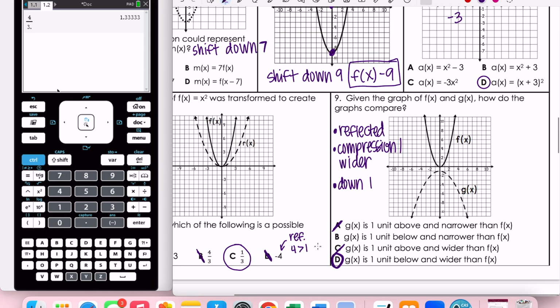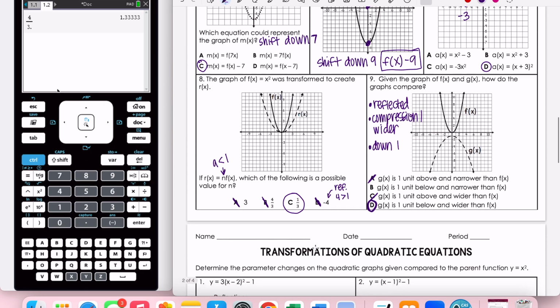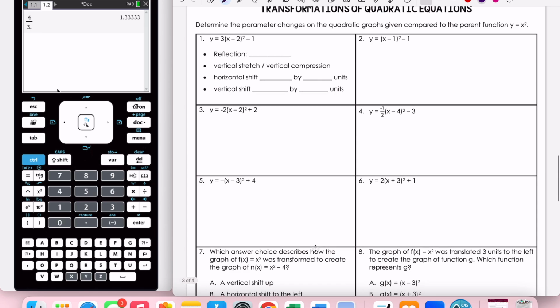So that is your notes. Make sure you go ahead and glue this into your journal. Now, the last thing I want to go ahead and go over with you is your assignment. So let's go ahead and look at a problem on your assignment so you know what I expect